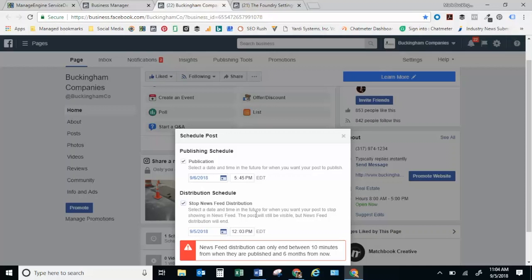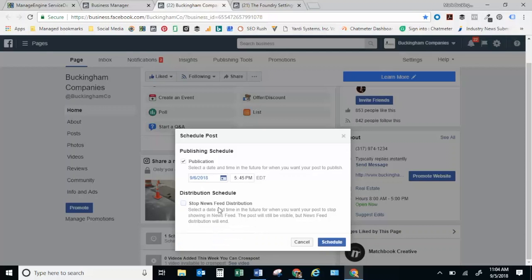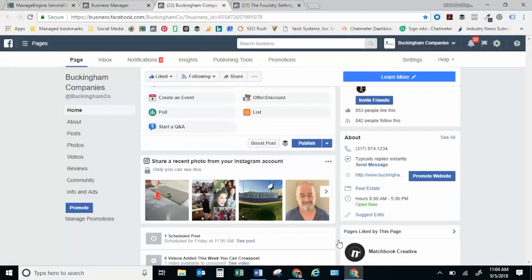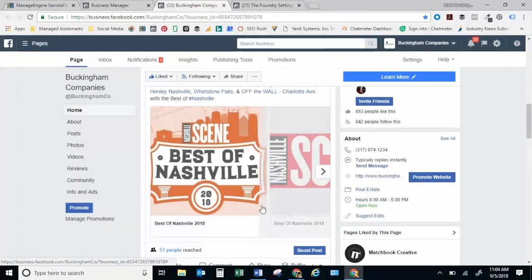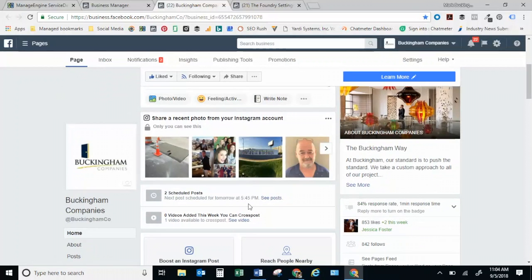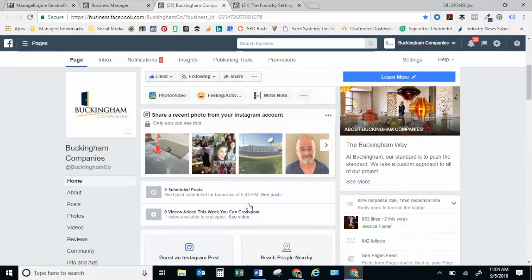And it's the same thing. You would just select the date and the time. But since this post doesn't need to be expired, I'm not going to select this option, and I'm just going to hit schedule. And so now that this is scheduled, you can easily find it by heading to the top of the Facebook page, and right under this "share a recent photo from your Instagram account," you see 2 scheduled posts. And you can click that see posts option that hyperlinks to that page,